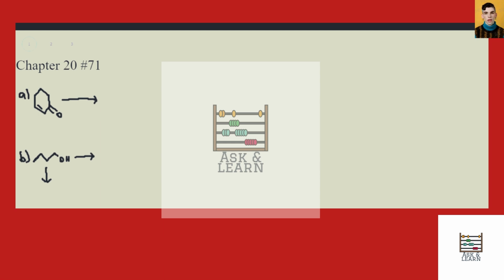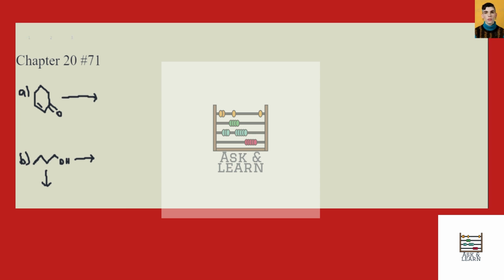This is the answer to Chapter 20, problem number 71 from the Smith Organic Chemistry textbook. This problem asks us to synthesize each compound from the given starting material. And we're told we can use any other required inorganic reagents. Okay, so for A, we're told to start from